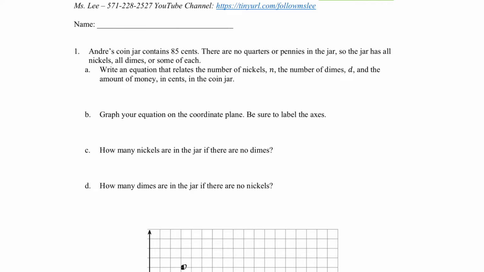Alright, so Andre has a coin jar that contains a total of 85 cents. There are no quarters or pennies in the jar, so the jar has all nickels or dimes and some of each. We're going to write an equation that relates the number of nickels, dimes, and the amount of money in cents in the coin jar. All right, so first up,